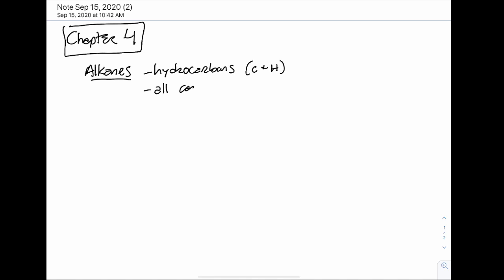So all carbons have single bonds. And if it wasn't cyclic, we said it was saturated. To be saturated, it follows that formula